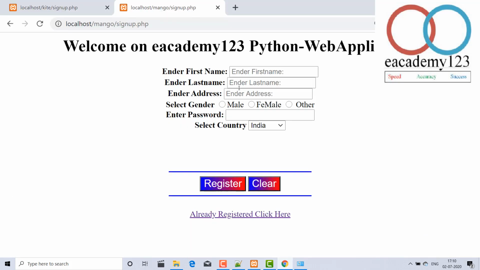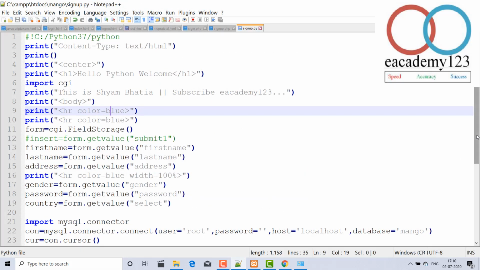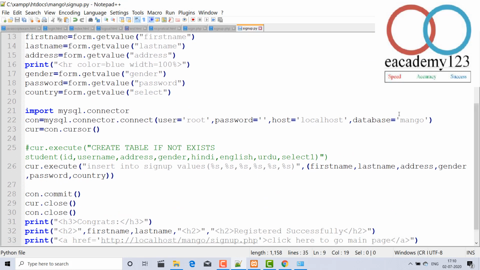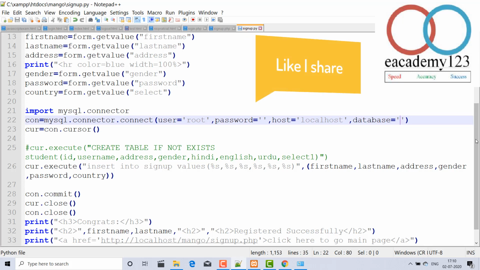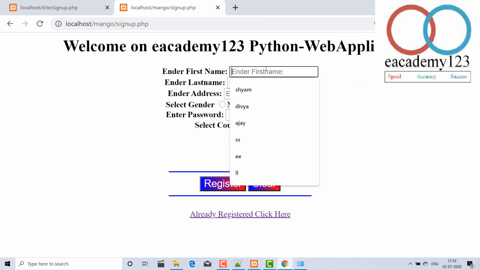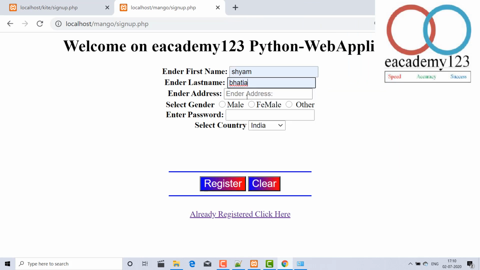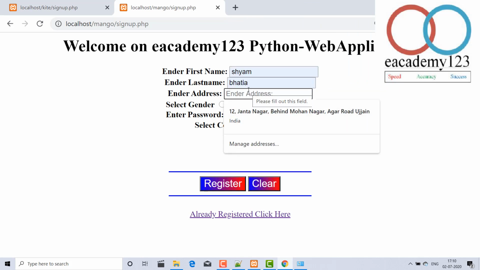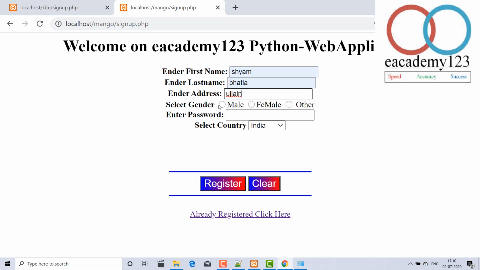Go to the register. Nothing but I have just changed the database name because it will not insert any value. But yes, go to the insert, enter any name, Sham Bhatia, enter the values, Ujjain, and mail, and password anything, and I am India.